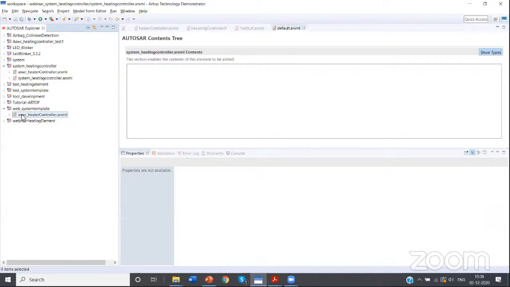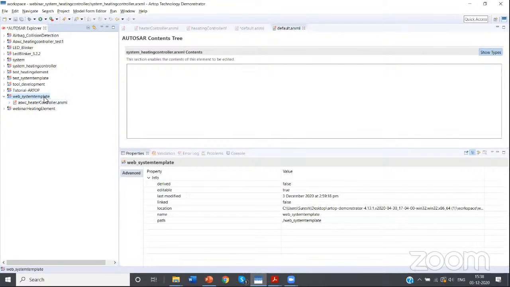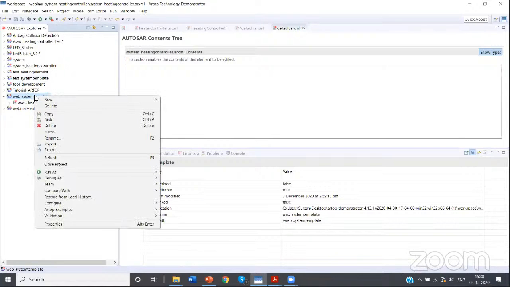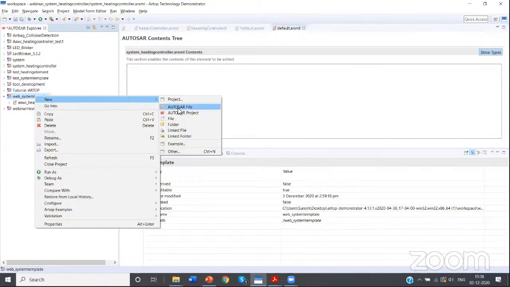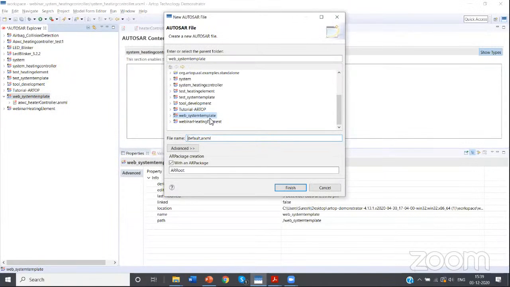But now, once you have this application software component created, I bring it into this ARXML. I've just brought it here into this project. Now I'm going to create a system template. So I take this, open a new file, and I will call this